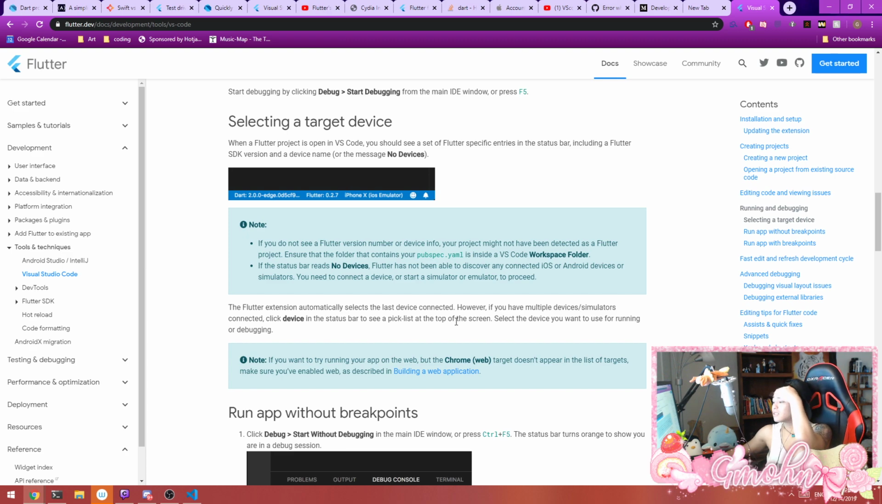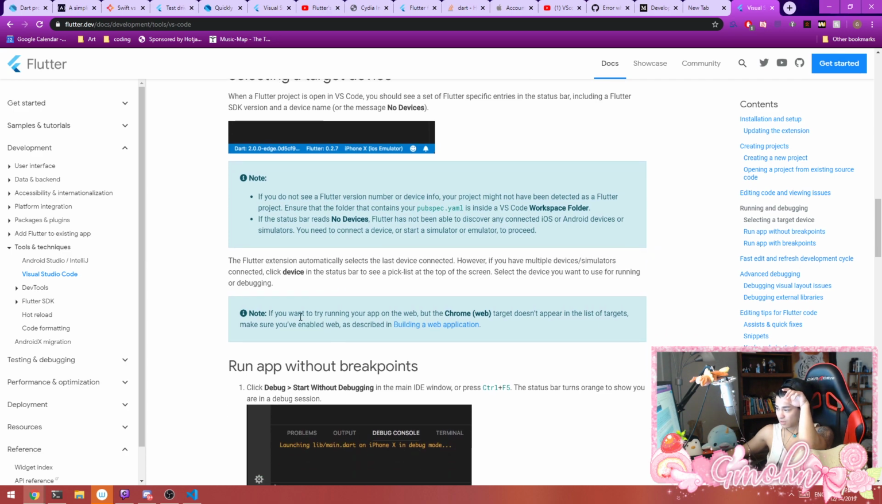The Flutter extension automatically, so if you have multiple devices, click device in the status bar. If you're trying to run,